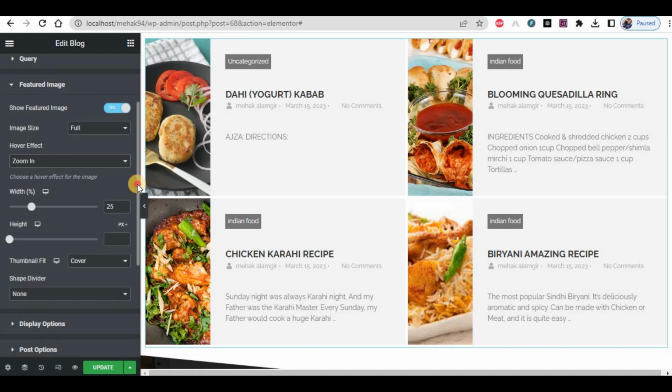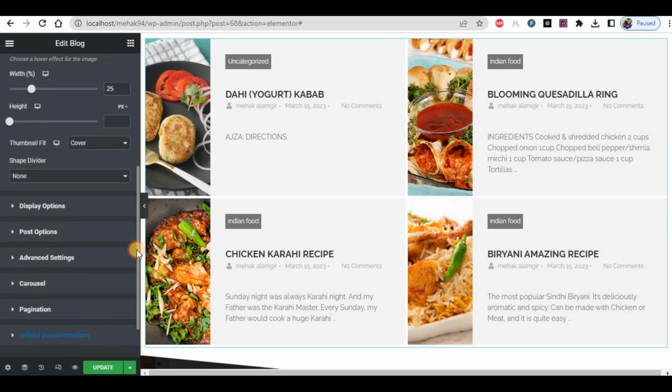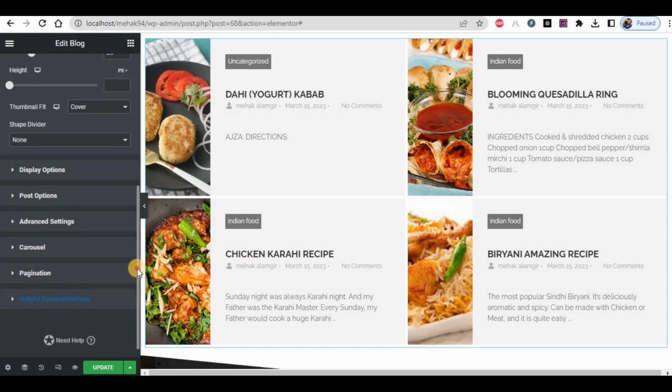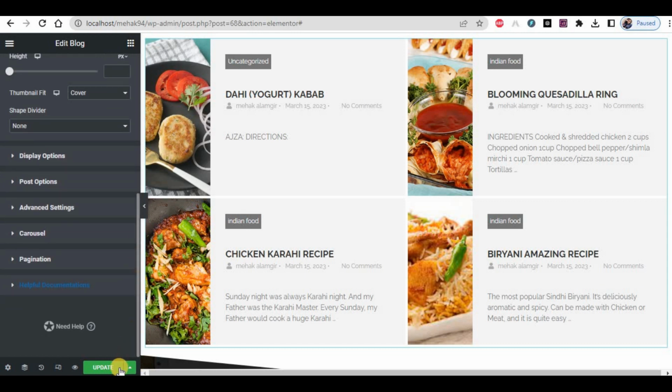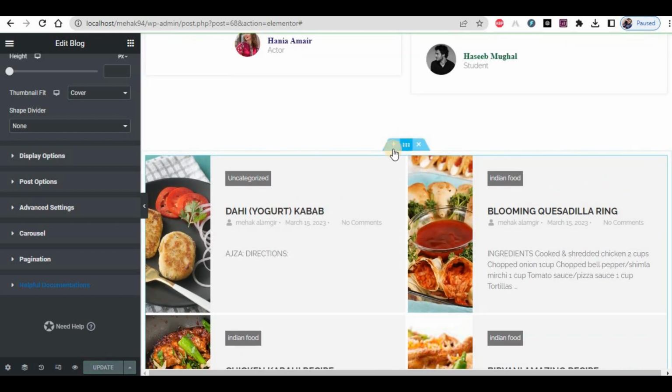If you want to increase the height, you can actually add that as well. Then you have the display option, then advanced, carousel, and navigation options as well. As I told you, after each of the customization, click on the update option. Now again, we have to add the heading over here, for which I click on